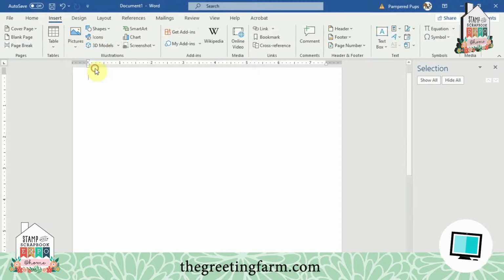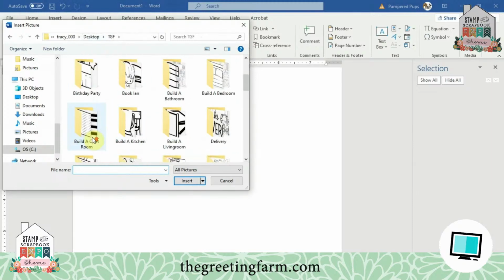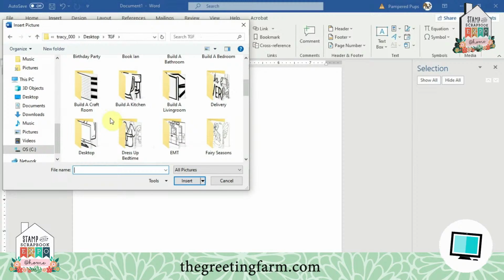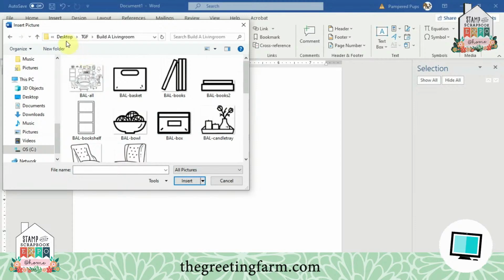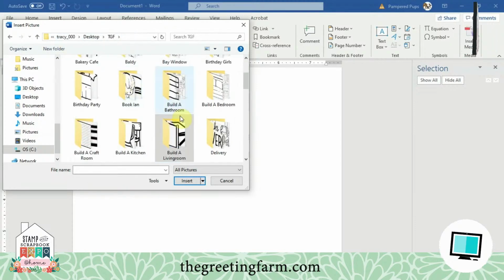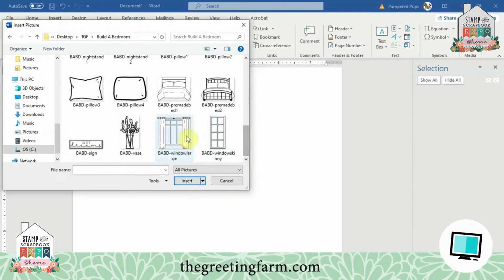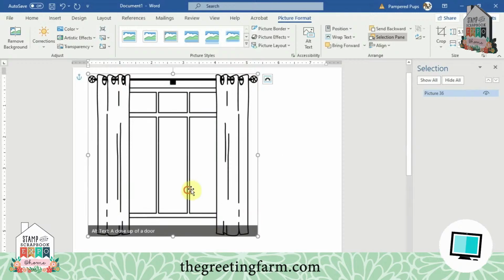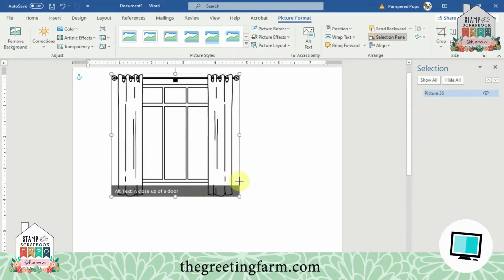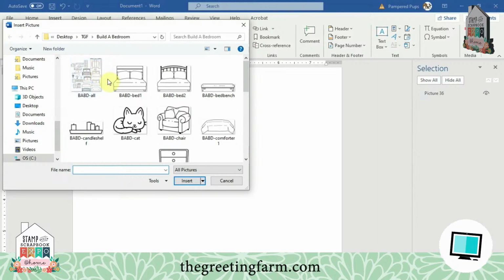Okay, now let's start over and let's do Insert Picture, this device. Go to our TGF folder. And let's find a folder to add. Let's go to Build a Living Room. Actually, let's go to, we want to find a good window, and I think let's go to the bedroom series and grab this window. And we're going to right click, wrap text in front of text, and we're going to move it over a little bit, resize it, and let's go up to Insert Picture, this device, and let's find